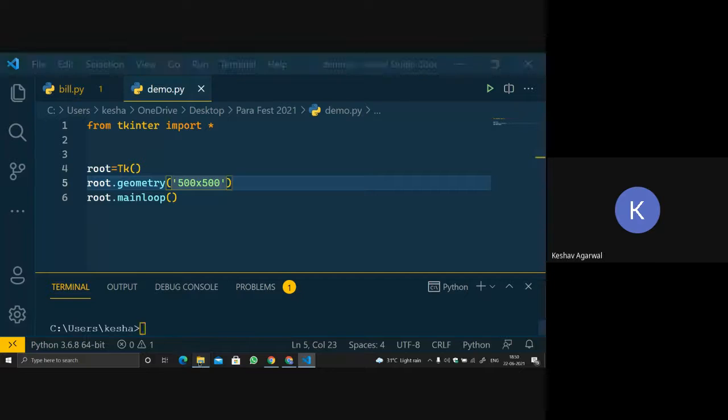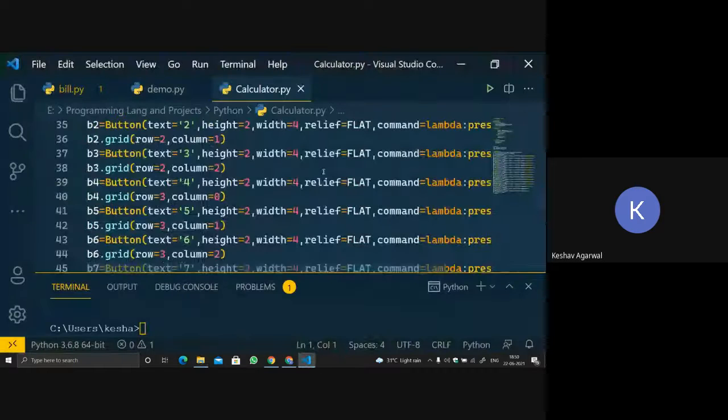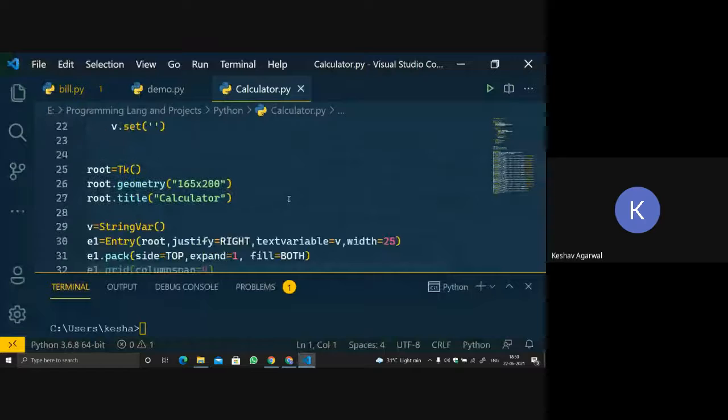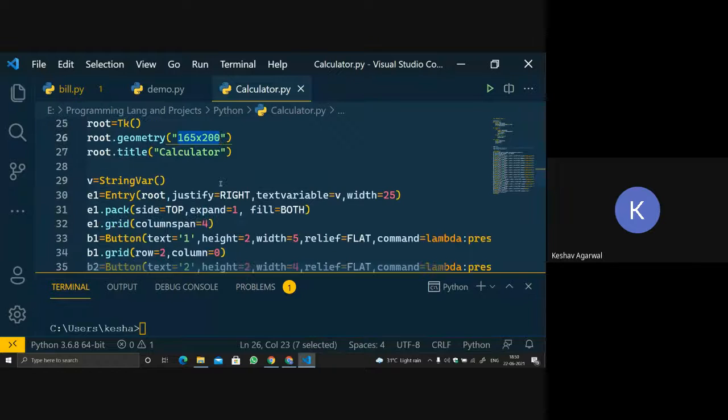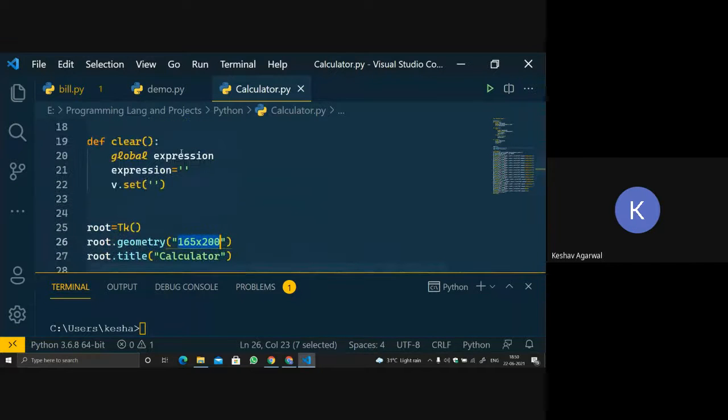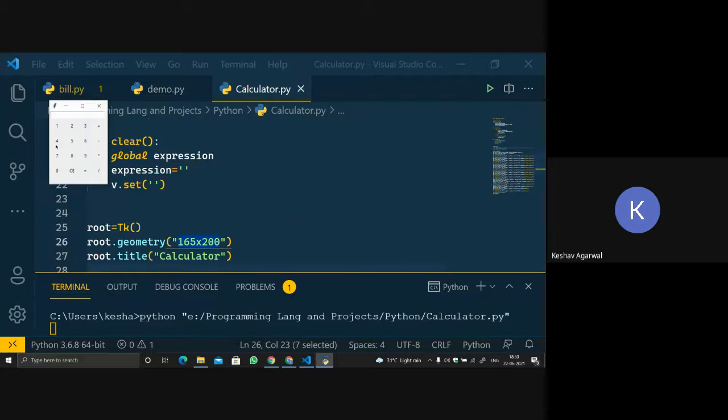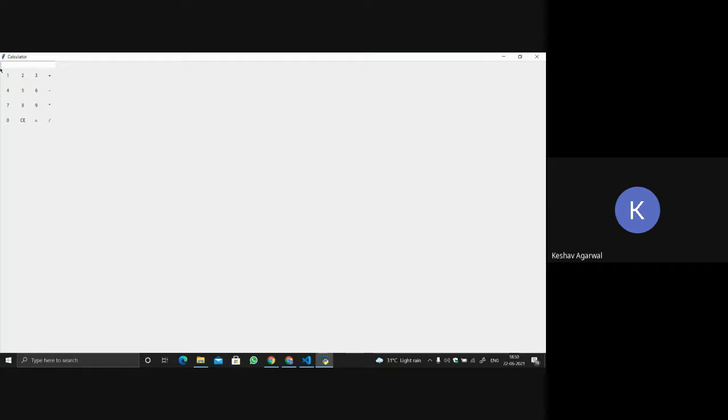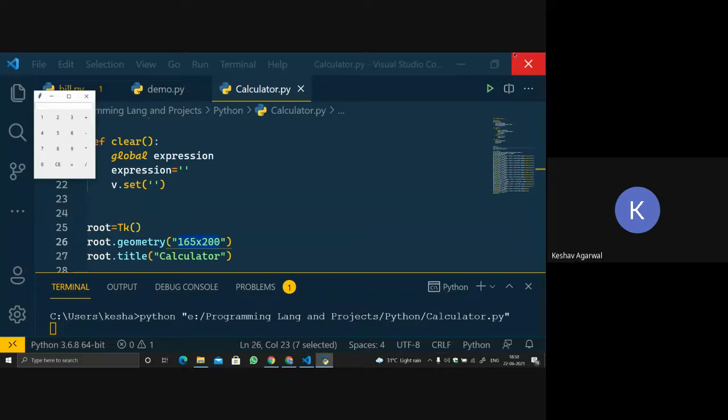As in the example of the calculator I showed you, when I run the program, I will first show you the size. The size is 165 cross 200. I maximize the window, but it still remained 165 cross 200. It did not expand. So what geometry does is it creates a window of that exact size.